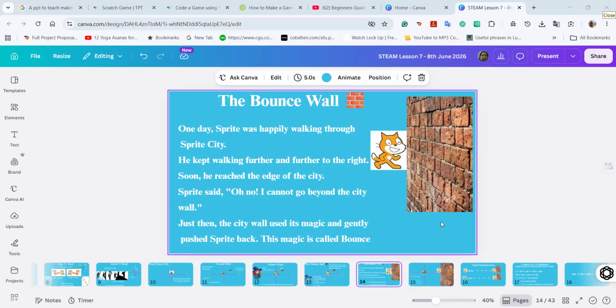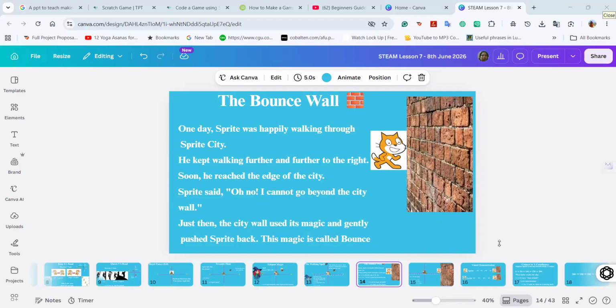Sprite said, oh no, I cannot go beyond the city wall. I cannot go beyond the city wall. Just then the